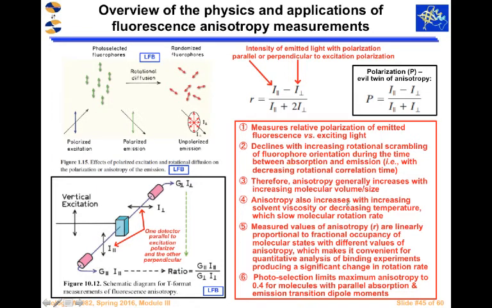Anisotropy also increases with increasing solvent viscosity or decreasing temperature, because both of these things slow molecular rotation rate. Right? If the solution is more viscous, there's more frictional drag. If the temperature is lower, there's less thermal energy. With less thermal energy, things rotate more slowly. So anything that slows down the rotation, increasing molecular size, decreasing temperature, increasing viscosity, anything that slows down rotation increases